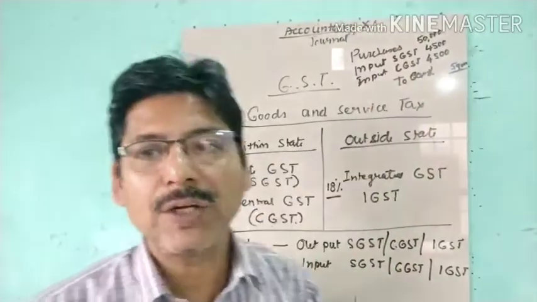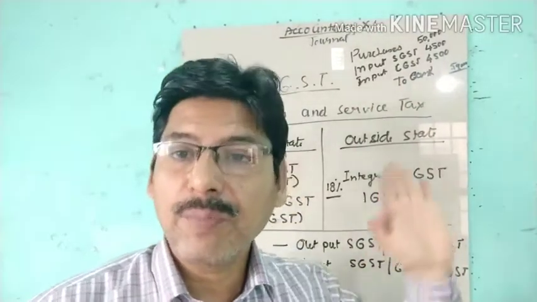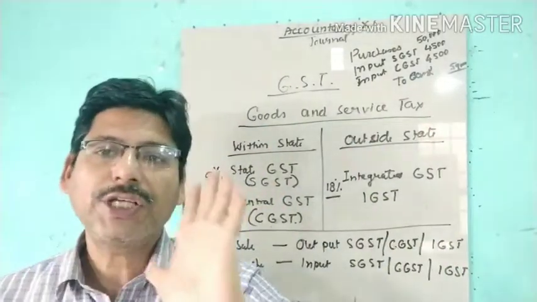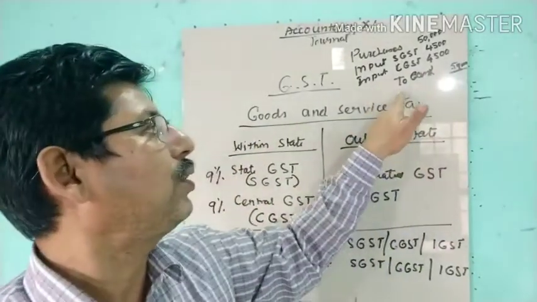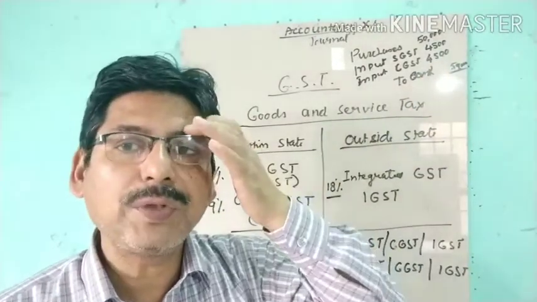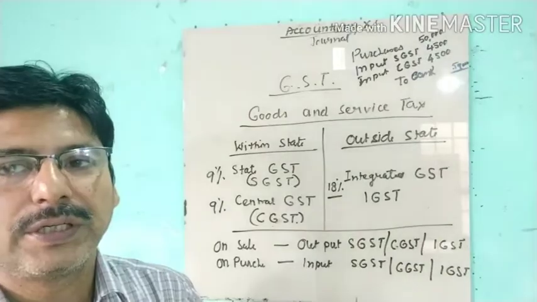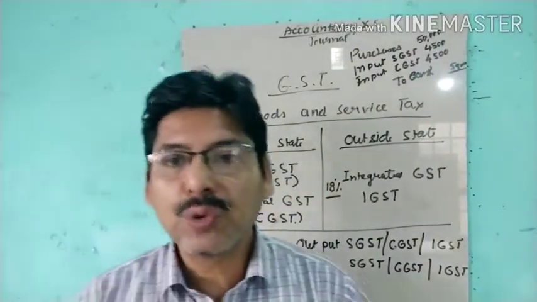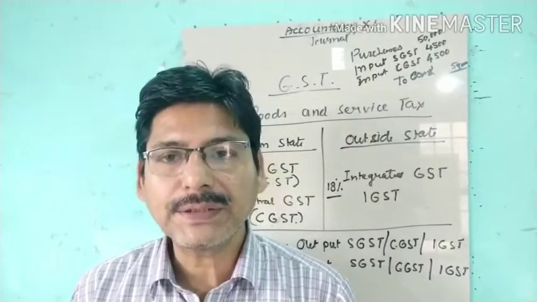Or if we are buying goods on credit, then we will put the name of that person. If we have bought the goods from Dinesh and Company, we'll put here to Dinesh and Company, because we have to pay this amount to Dinesh and Company. Now contrary to that, if we have sold the goods, then what will happen?